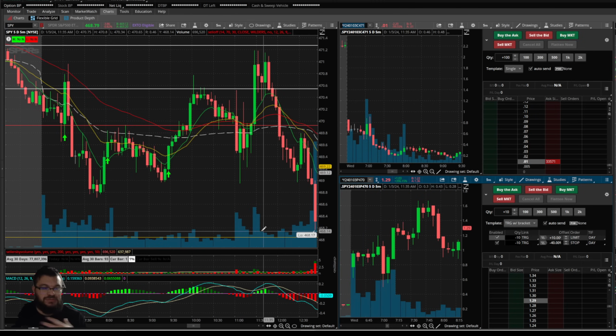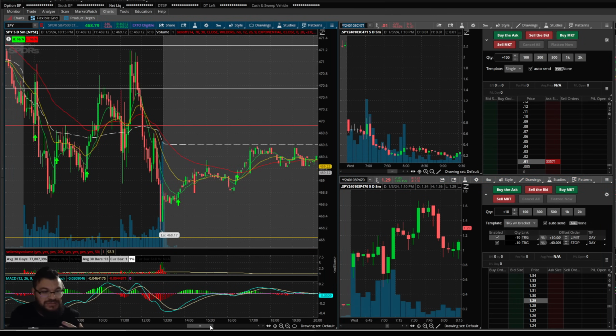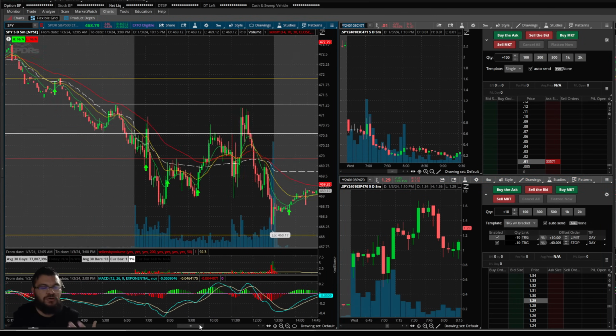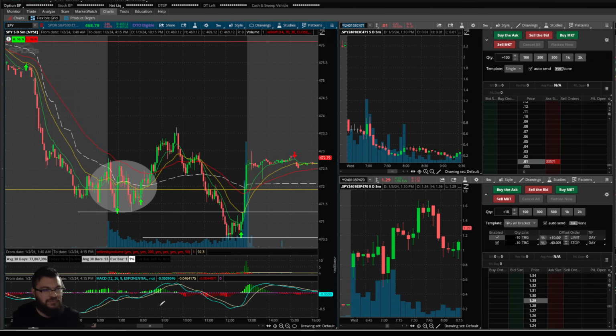I am not somebody that likes to trade reversals. I like waiting for levels, and people make the mistake that they think I look for a breakout trade. I love breakout trades a lot, but it's not all that I look for. But I am definitely not a reversal trader.